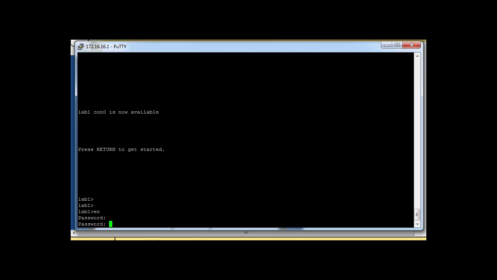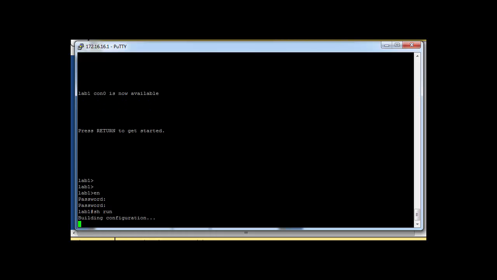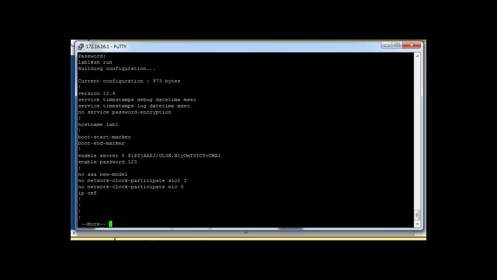After that it will prompt you for the secret password, then I will give 4543. Then it will enter privileged mode. Let's check the secret password in the running config. These secret passwords are MD5 encrypted. See here, it's very difficult to crack these passwords.